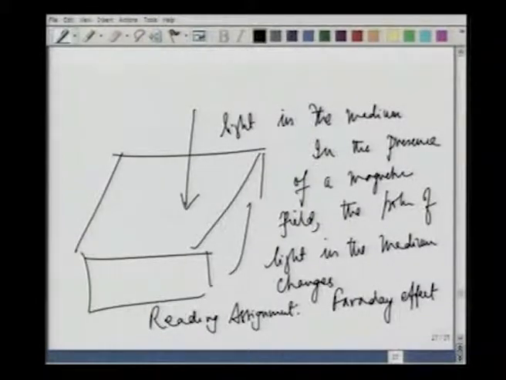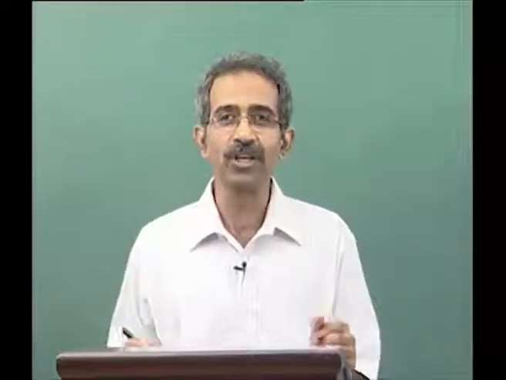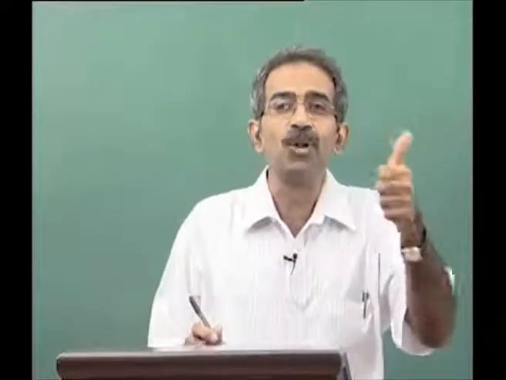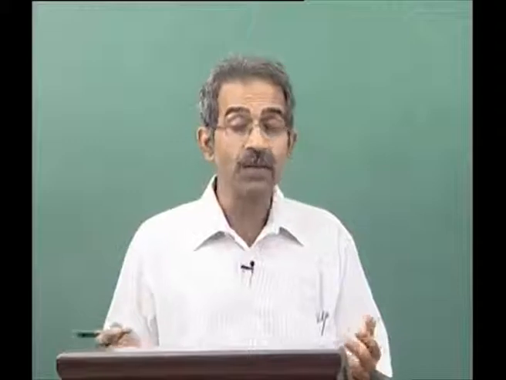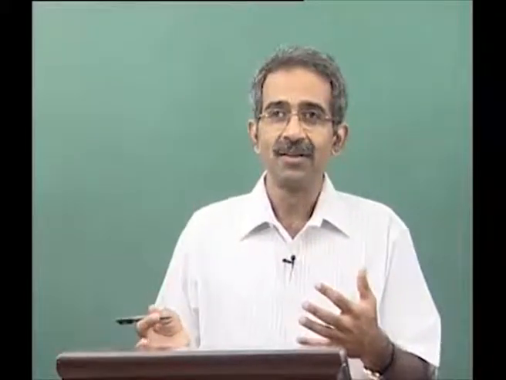And as I told you, Faraday was a remarkably intuitive person of very deep insight, although he was not learned in the usual sense. His education was very minimal. So Faraday said that if a magnetic field can influence the polarization of light, then perhaps light should have something to do with the magnetic field. For example, when I say there is a gravitation field which is acting on a body, what is common to the sun and the earth? Both of them carry a mass. So a magnetic field cannot act on something that does not respond to a magnetic field.